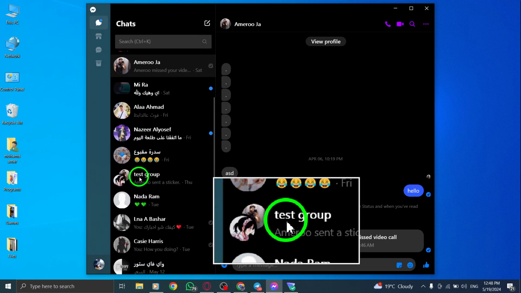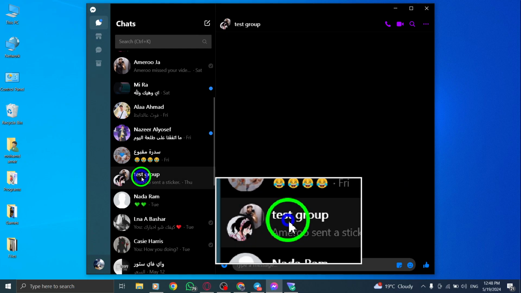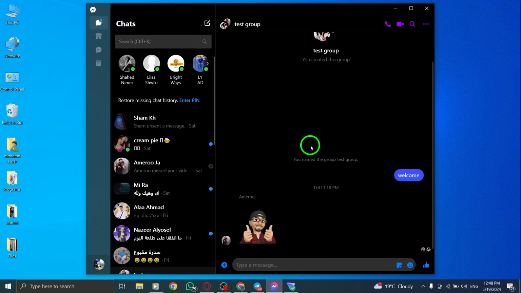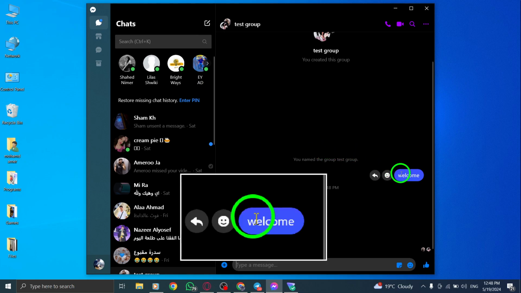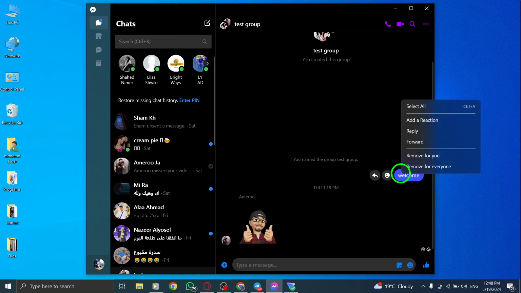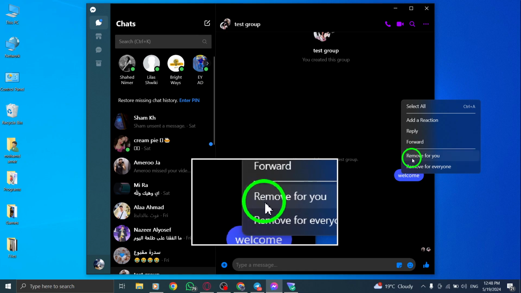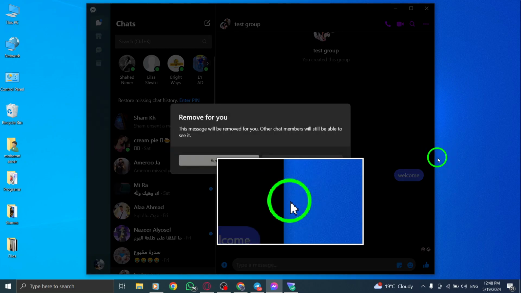Step 2. Open the specific group conversation where the message or photo you want to delete is located. Step 3. Right-click on the message or photo that you wish to remove within the group chat. Step 4. From the options that appear, select Remove for You to delete the message or photo from your own